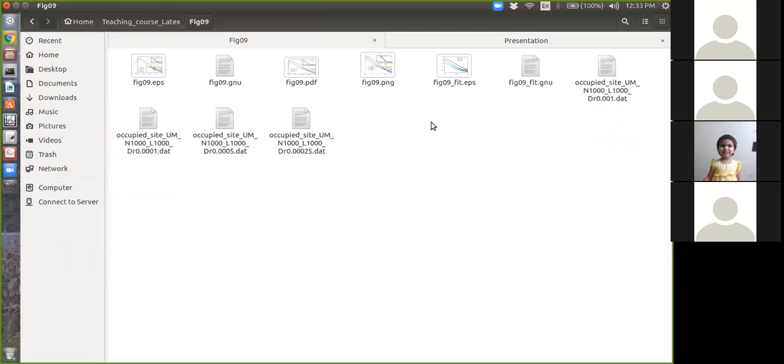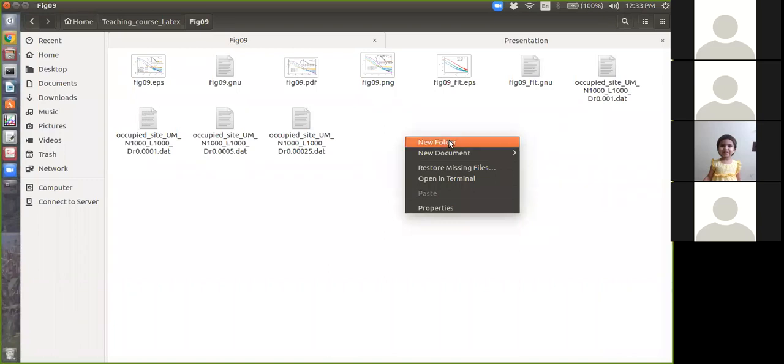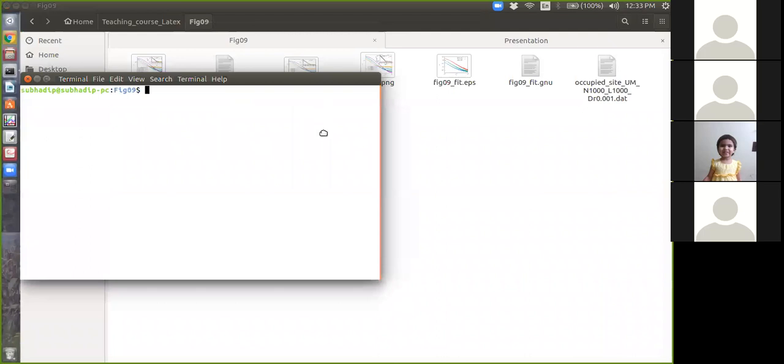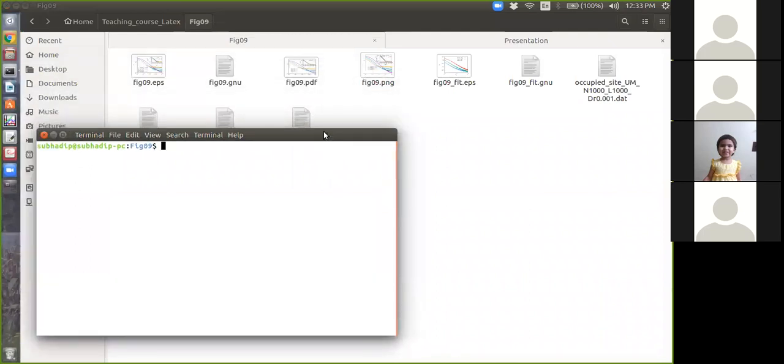I have all the data files here, these 4 data files you already have in the folder. So I need to open GNU plot from the same folder so that I can access those data files. I can also check PWD. So it is here.